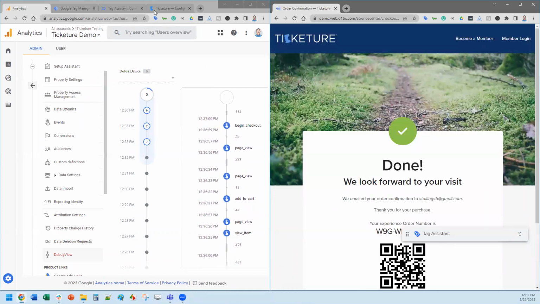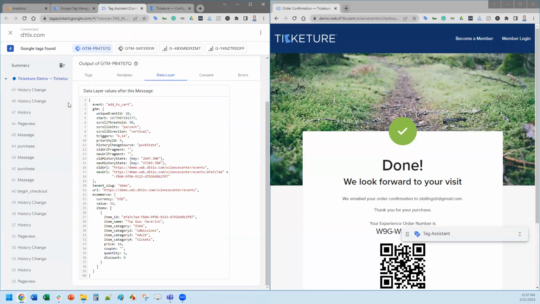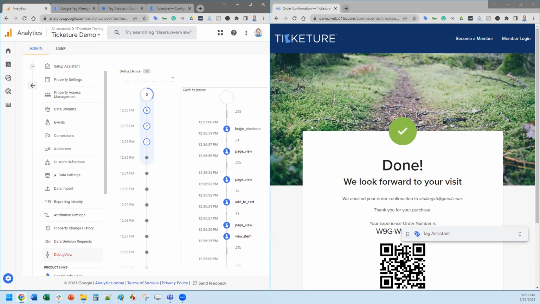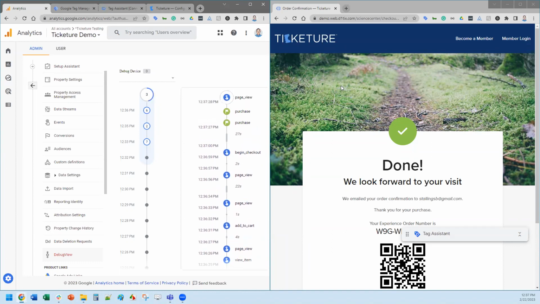And again, I can go back to GTM, see if those things are actually firing, which I'm sure they are. And then, yes, here's my purchase action. I sit over here, you'll have a nice big green checkbox once the purchase action comes in. And so all of it takes just a second or so, especially once you start loading it up a bit. The debug mode is a little bit behind schedule most of the time. There we have our purchase.